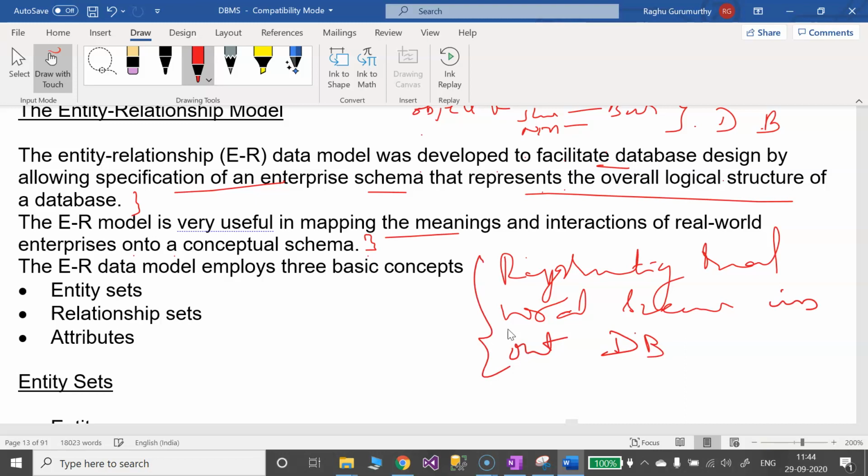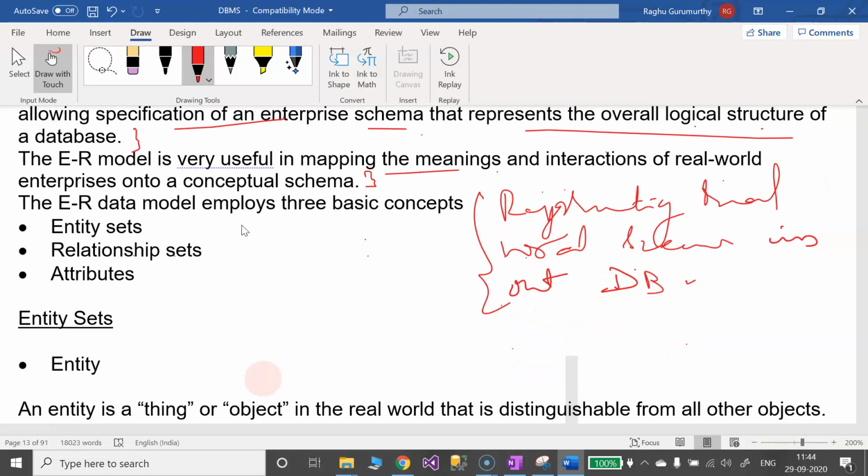Okay, so in this way the ER diagram is very useful while converting real world scenarios into database scenarios. Got it? So the ER model comes with three basic concepts. One is entity. Later, if we have more than one entity, then entity set, relationship set, followed by attributes. So we can go with these concepts. Probably it will carry 10 marks.